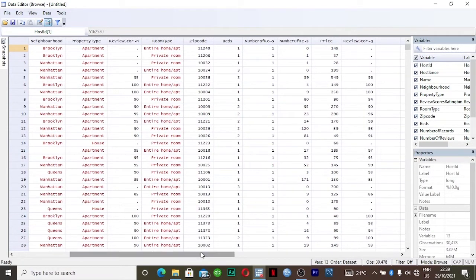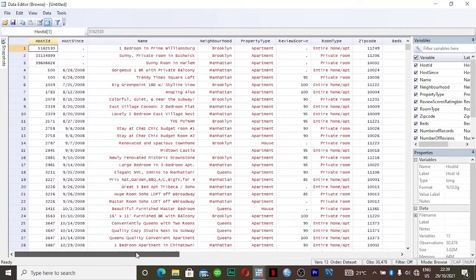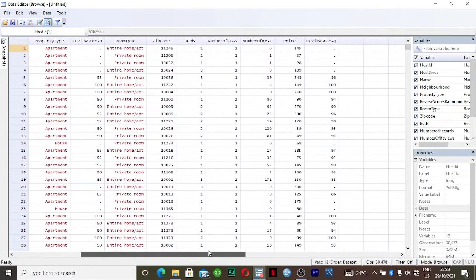But to me, when I'm looking at this data, I do not need the zip code, and I do not need the number of records and number of reviews. As you can see, they do not make sense to me, so I'm going to drop them.